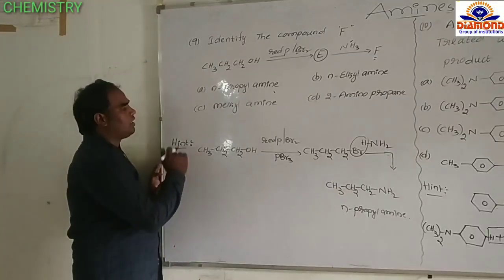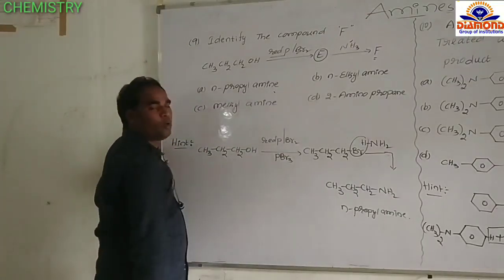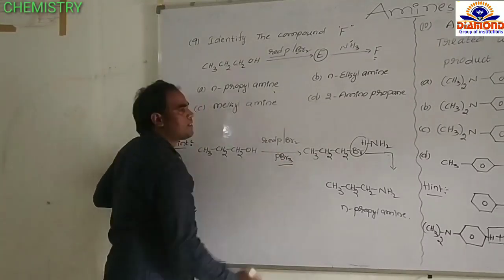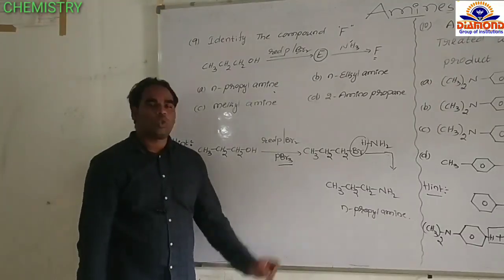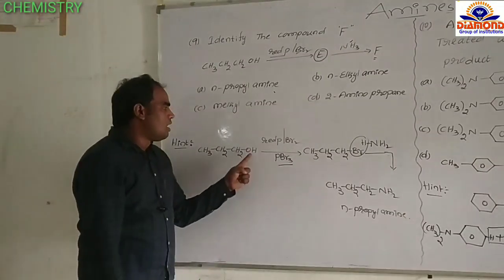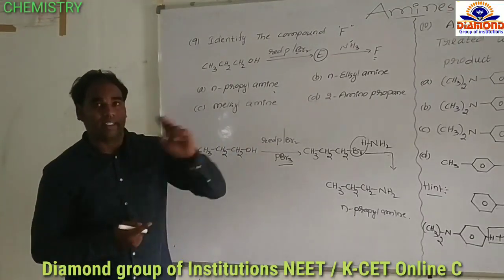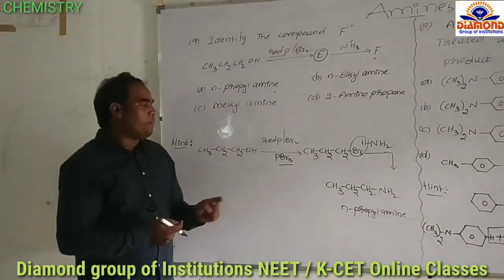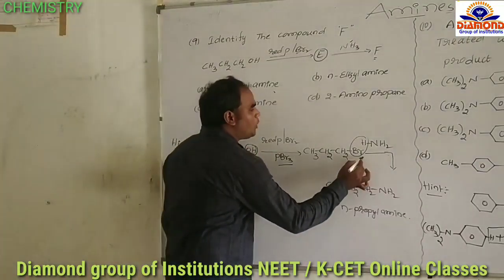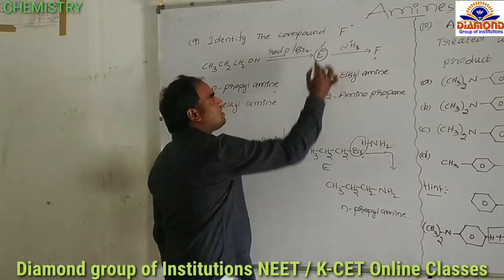Here, this is a hint for this question. N-propyl alcohol reacts with red phosphorus and bromine. This red phosphorus and bromine produce phosphorus tribromide. It is also a halogenating agent, just like PCl3 and PCl5. For example, if this alcohol reacts with PCl3, the OH group is substituted with chloride. But this is PBr3, which means the OH group is substituted with Br. Therefore, in place of the OH group, the Br group is substituted and produces N-propyl bromide. This is E in this sequence of reactions.